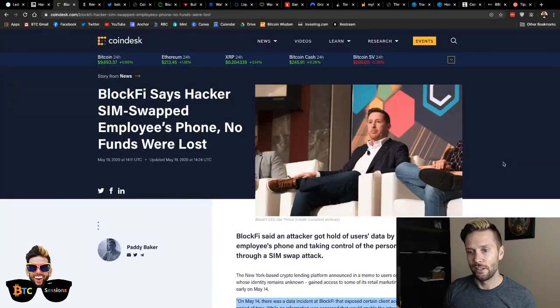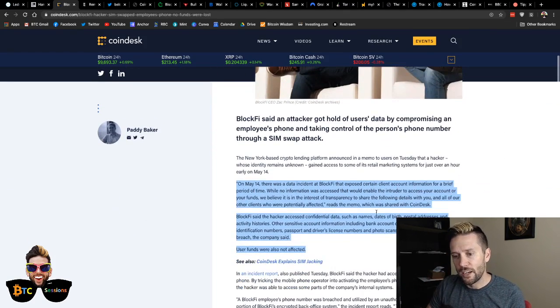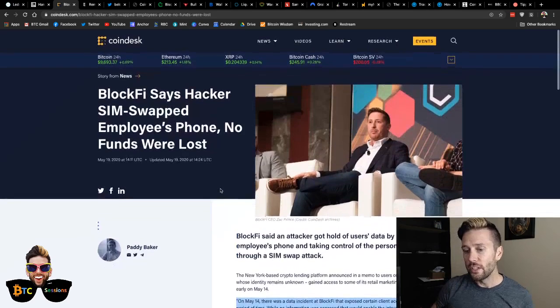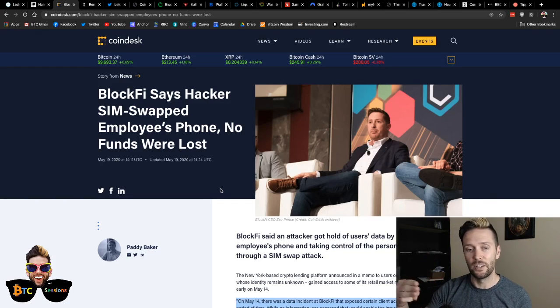So BlockFi, again, is an online service where you can get savings accounts and loans and things like that. Now, the reason this is interesting is, number one, the data that was accessed allows people to see confidential data, as they said, like names, dates of birth, and postal addresses, as well as activity histories. And the reason that this is scary is because the attacker had the ability to see who you are, where you live, and how much Bitcoin you have, at least that's been cycled through their service. And the thing that is much more worrying is that